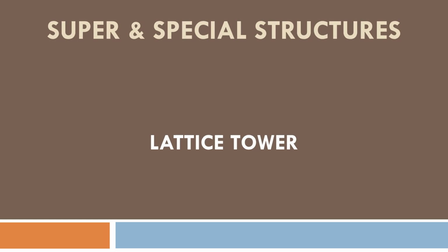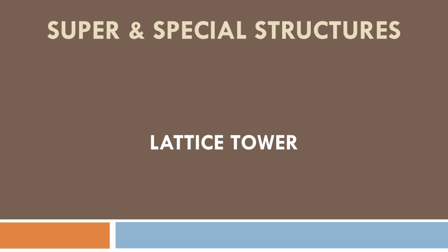Hello everyone! In this lecture we will study lattice towers, which are commonly used in power transmission and communication systems. A lattice tower is a framework structure made of steel members connected together to form a strong but lightweight structure. Because of its open framework, it can safely resist wind loads while using less steel. In this lecture we will learn about the applications, parts, design considerations, erection methods, construction sequence, and safety precautions followed